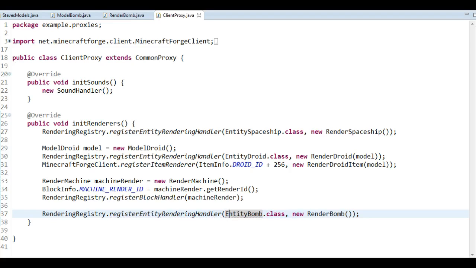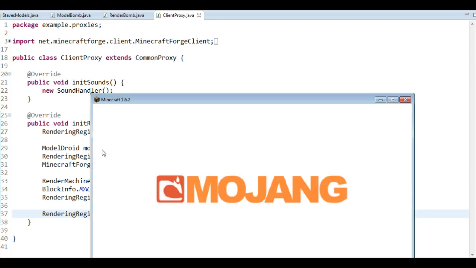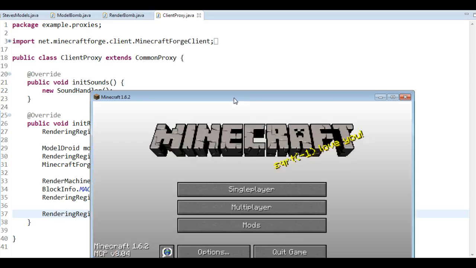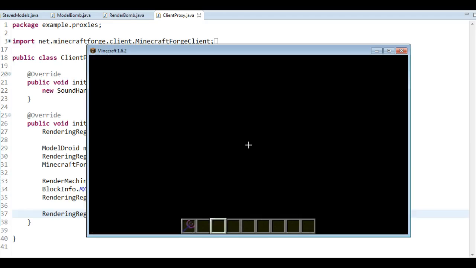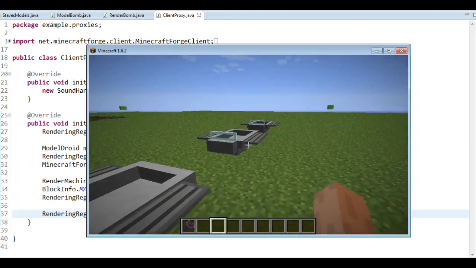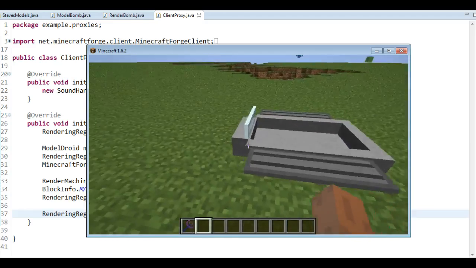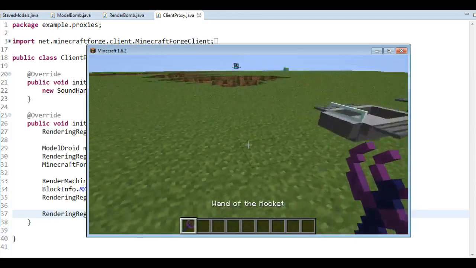Let's start it. Here we go. And here we go. All of a sudden we have these models back,